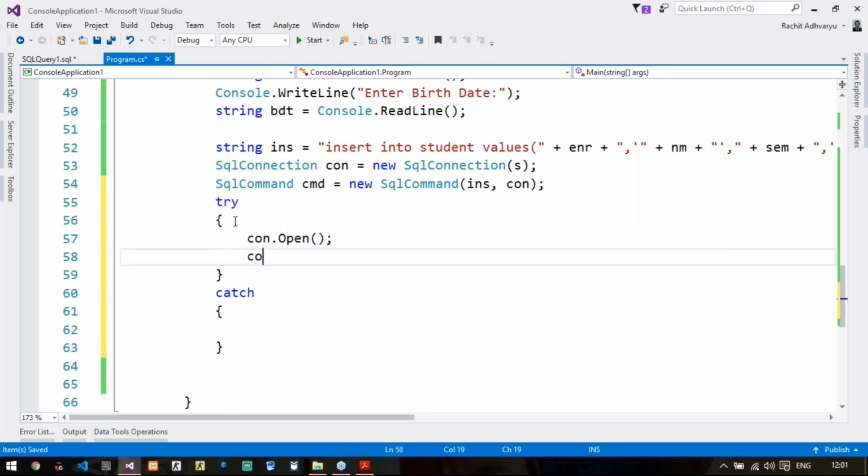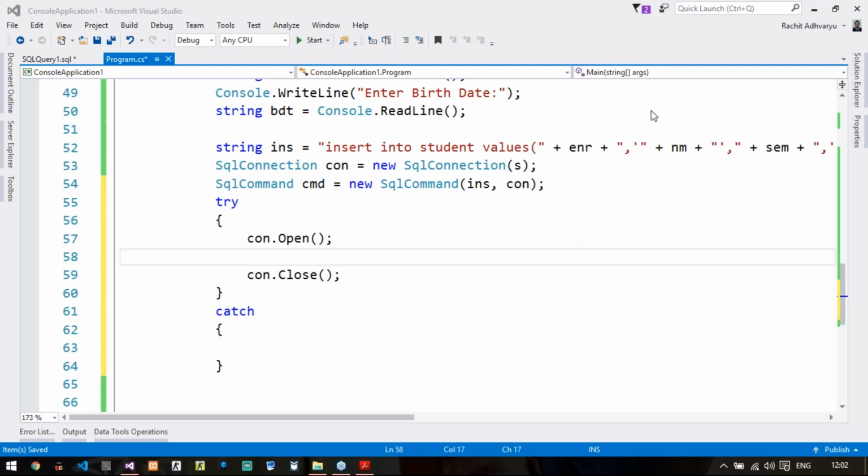So now to execute the insert query, what method will I use? Anyone? Which method is used to execute insert, update, or delete queries? Yes, very good. Good, you can remember, you recalled all these things. So it will be the object of the command class, that is cmd.ExecuteNonQuery.